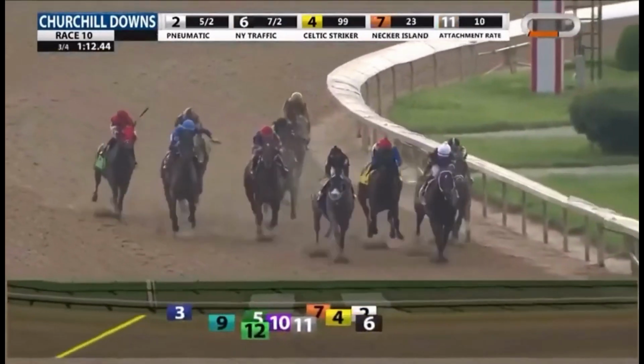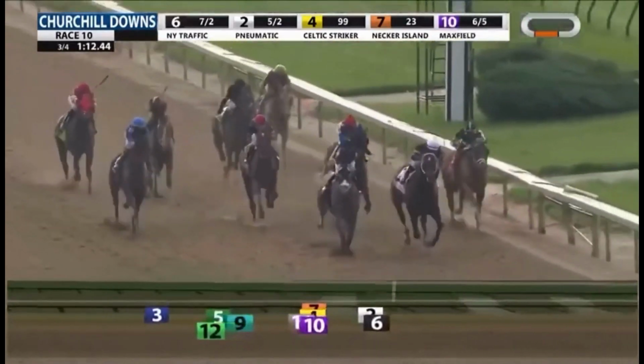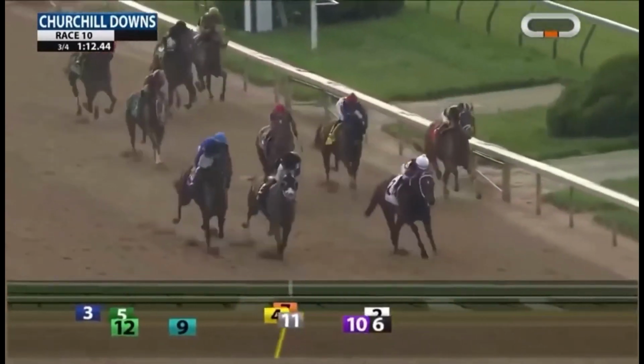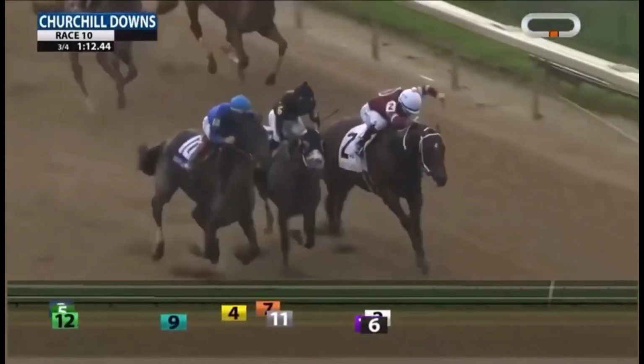So I really see no reason Maxfield doesn't get the job done in this race. He's won at Churchill before. We know he likes Churchill, so that's definitely a good thing for him. And at the end of the day, there's no one in here that I think has a good enough shot to beat him. And then the final horse that we're going to move on to is the number 9 Visitant,